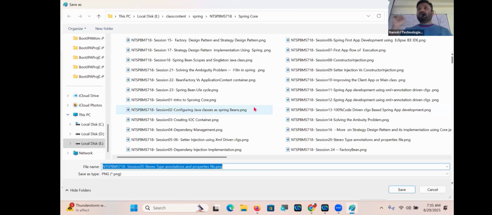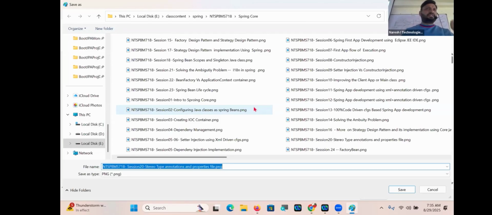@Value annotation. @Value is to inject simple values to simple properties. @Autowired is there to inject one Spring Bean class object to another Spring Bean class object. Object to object injection, @Autowired. Simple values injection to simple properties, @Value. But these simple values we can gather from properties file, system properties, os.name, os.version, user.name, like this, some fixed